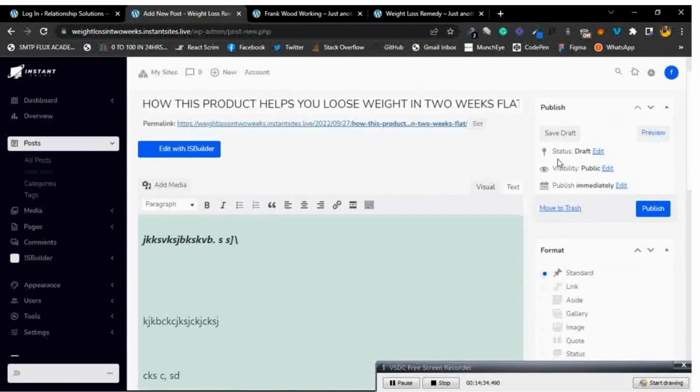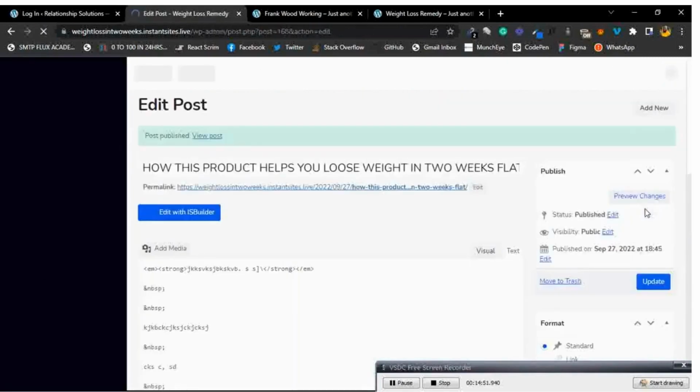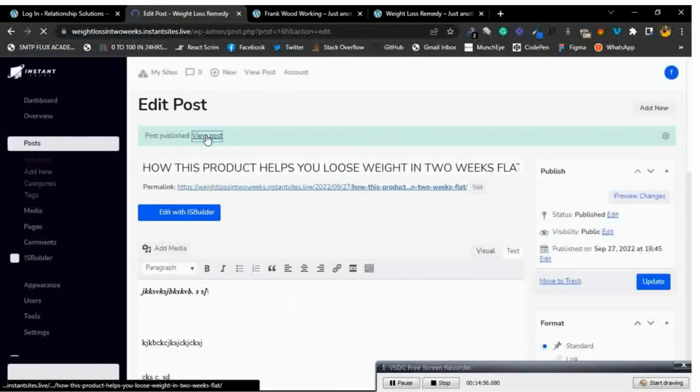All you have to do is you can choose to draft this. Okay, you can choose to preview it first of all. You can choose to save it as draft. You can choose to edit the visibility, just so that a few persons can see it. You can add a password to it for a particular set of customers, and then when you're done, you click on the publish. All right, when you publish this, it goes live. As you can see, the post is live. You can click on the view post option right there,